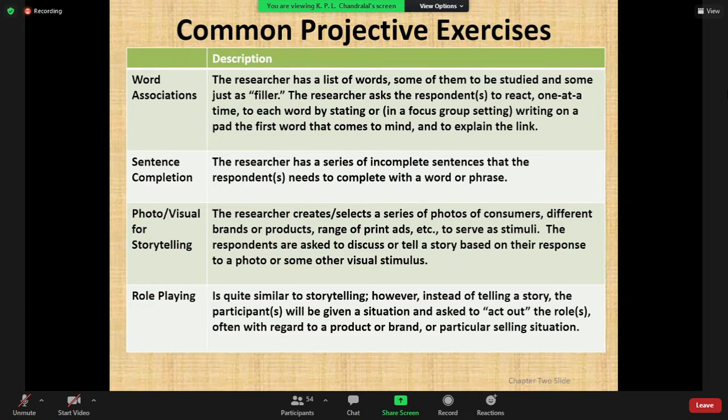Complete the remaining sentence by referring that question to your friend or your neighbor or your colleague. Sentence completion. For example, now